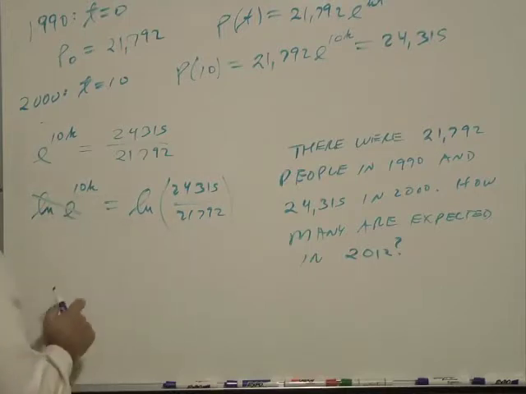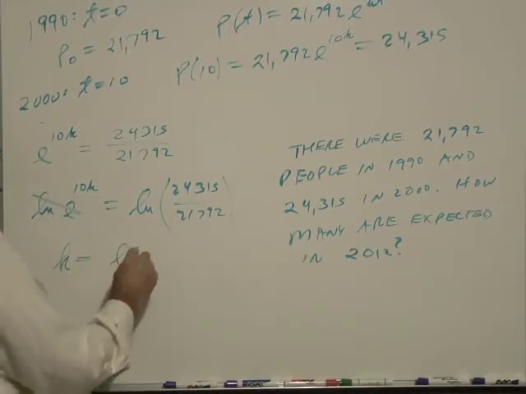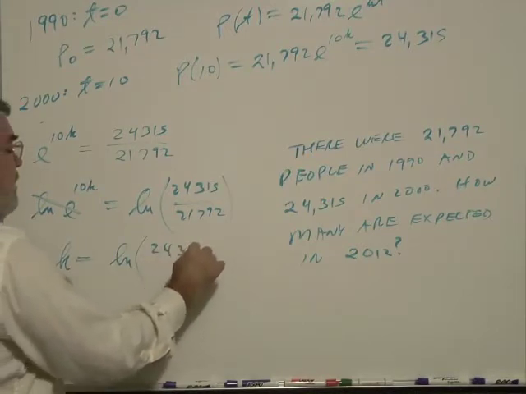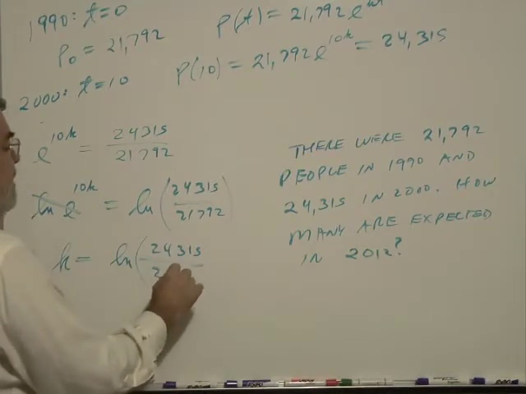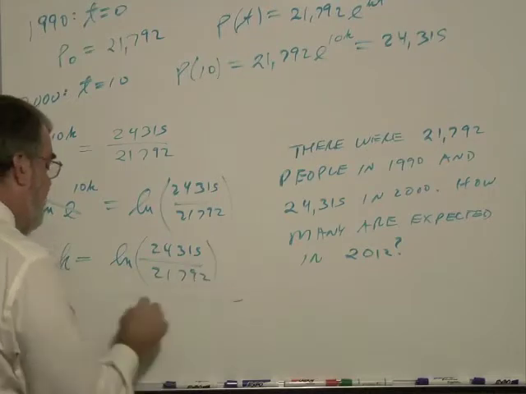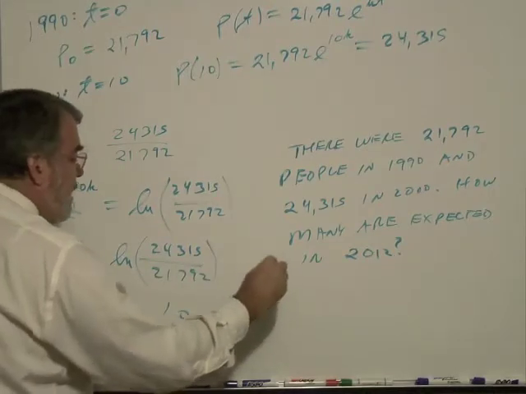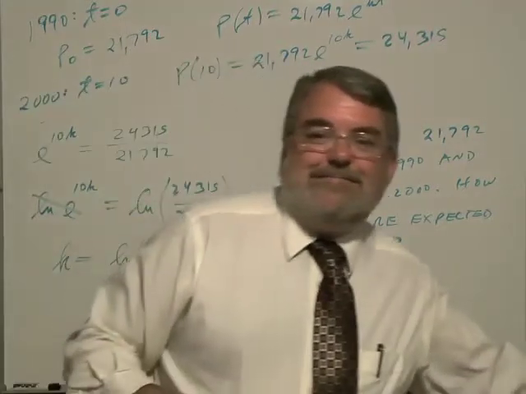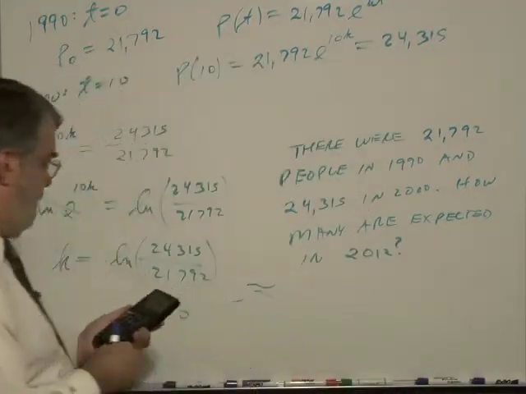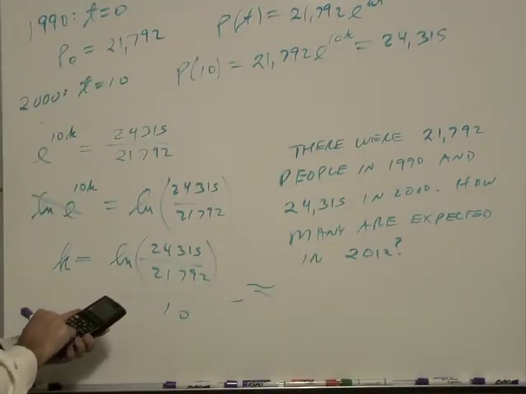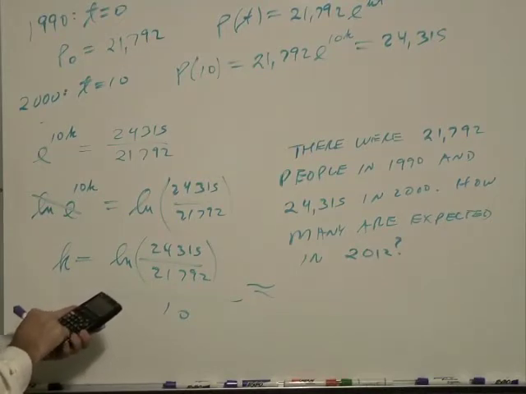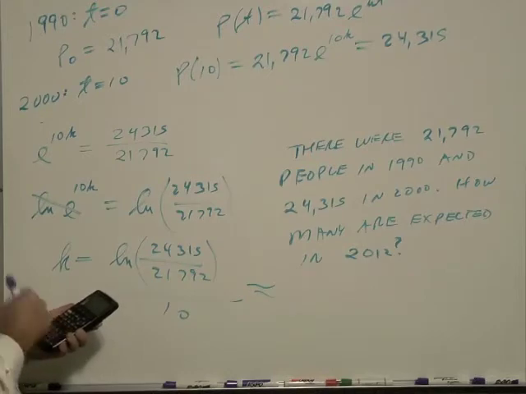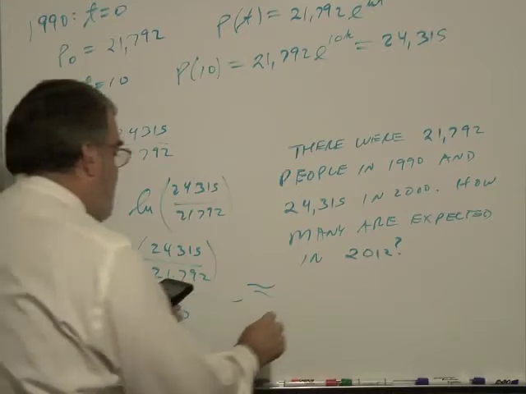So 10k equals this number, which means that k is equal to the natural log of 24,315 over 21,792, all divided by 10. So let's run that through a calculator, see what we get. Natural log, parentheses, 24,315 divided by 21,792, close parentheses, then divided by 10, and I get